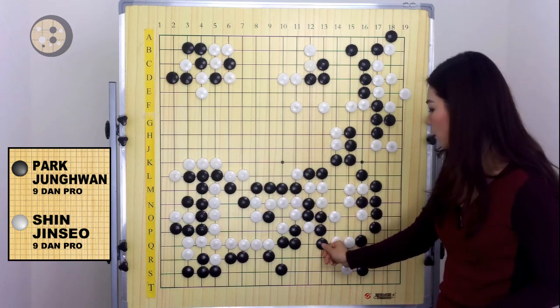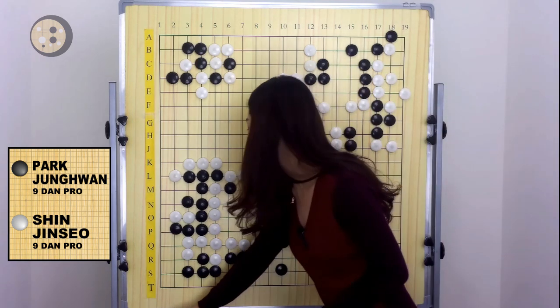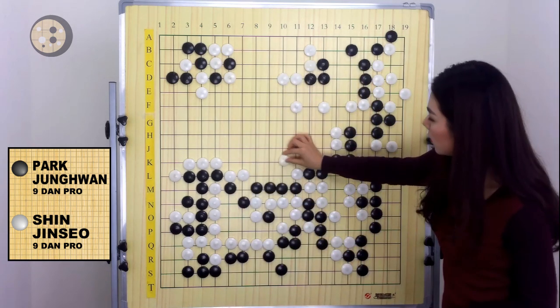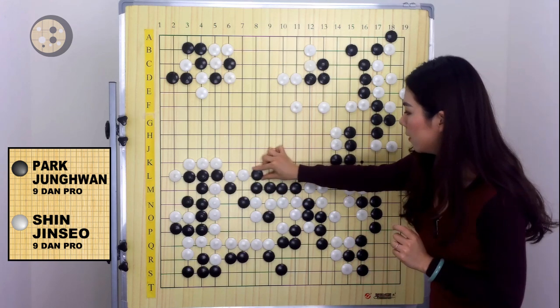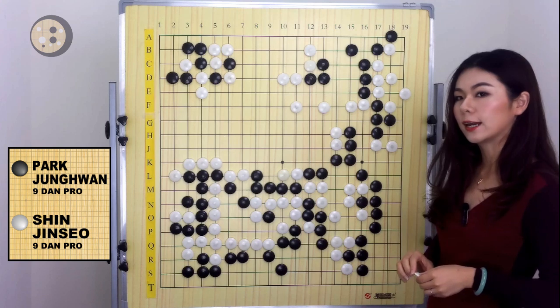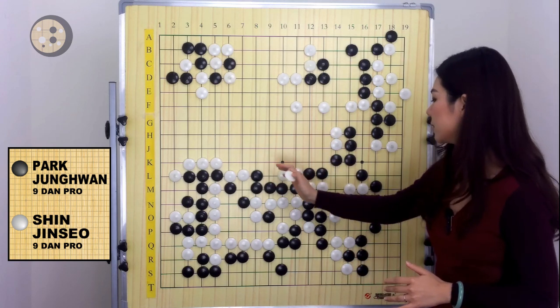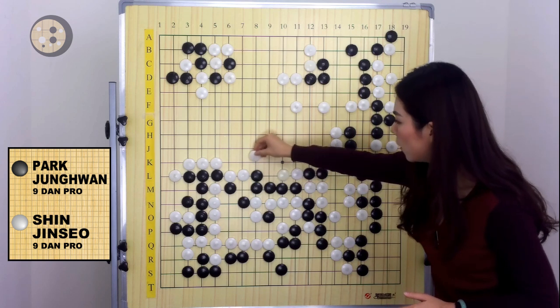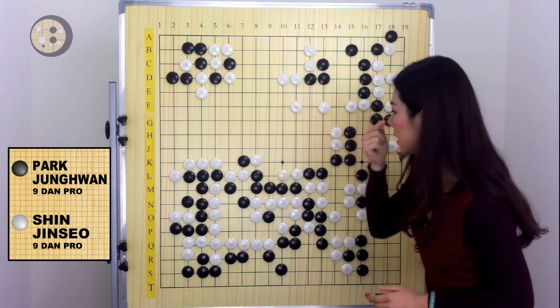And now black has the time to fix the weaknesses on the bottom and save the 4 stones. And in the actual game, white was still trying to surround the 4 stones, and then black has this move to get out. So in the actual game, white stopped playing on the top. If white tries to surround on the top, then black has the Sente right here,